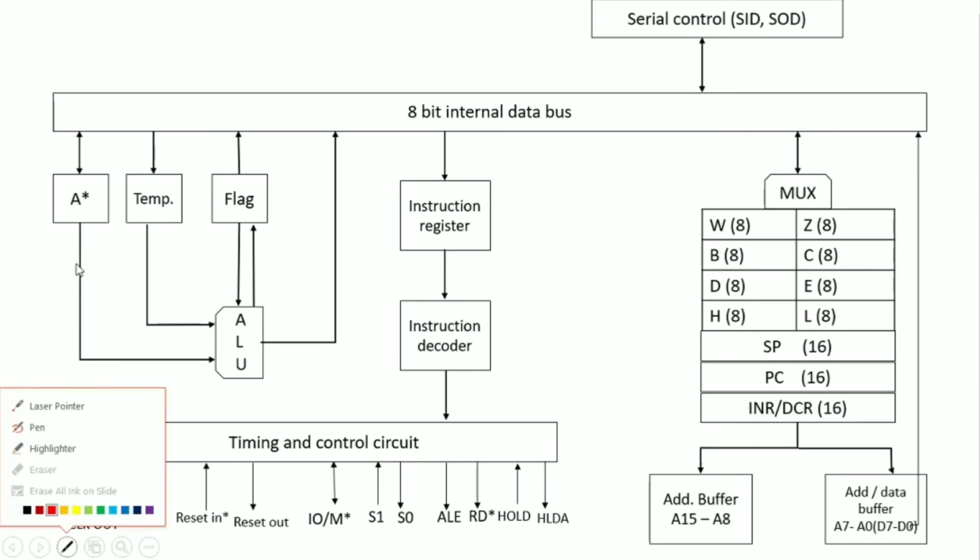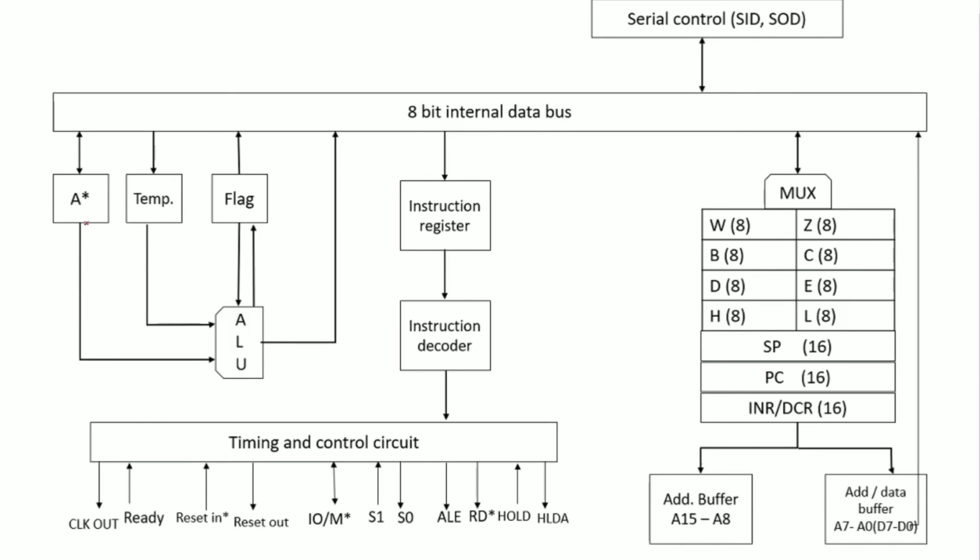Let me just use my pen. So here you can see that this particular A register is present here. It is basically called the accumulator. So basically it just accumulates different kinds of values. So let's take a certain example here. Like we have to add two different values, like 2 plus 8. So consider that the value 8 is already present in this particular register, and we have to add two values. So we are trying to add 2 plus 8.